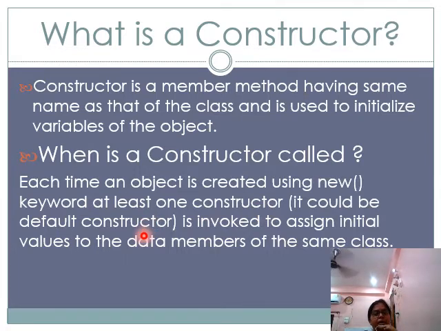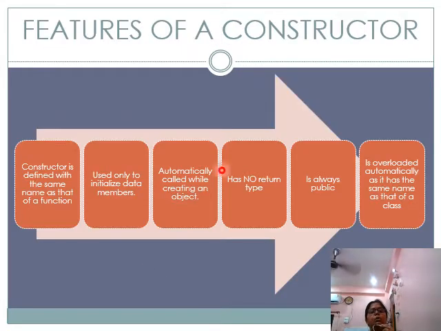As I previously told you, in each and every program there is a default constructor, because for executing a program we need an object, and when an object is needed, it means there is a constructor. And the constructor is invoked to assign initial values to the data members of the same class. It is used for initialization. Now pay attention here. You have to write down all the PPT matter in your classwork copy like a note. Make it clear, it should be neat in your copy.